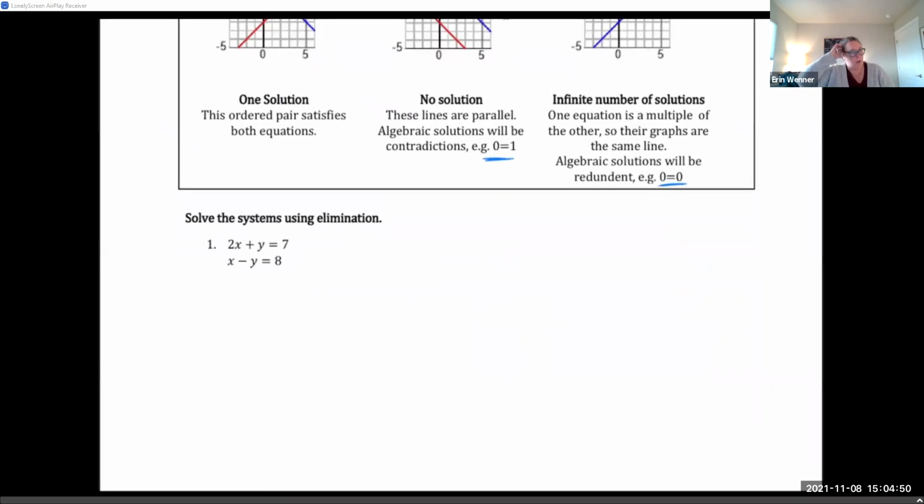So when we look at number 1, I want you to focus on y here. In the first equation, I have plus y. And in the second equation, I have minus y. So I have plus 1y and minus 1y. So what we're going to do,